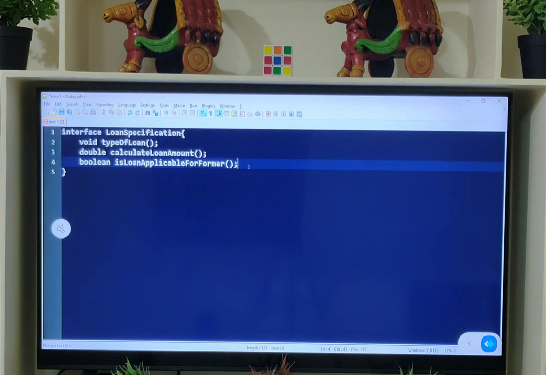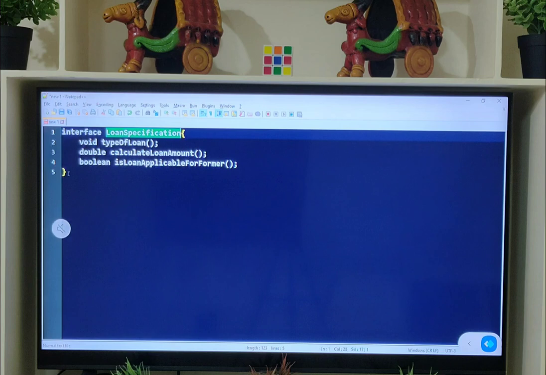And next, if any class needs to implement this LoanSpecification interface, that implementation class must provide implementation to each and every method present in that interface. These are the three rules we deal with in normal and regular interfaces in Java.